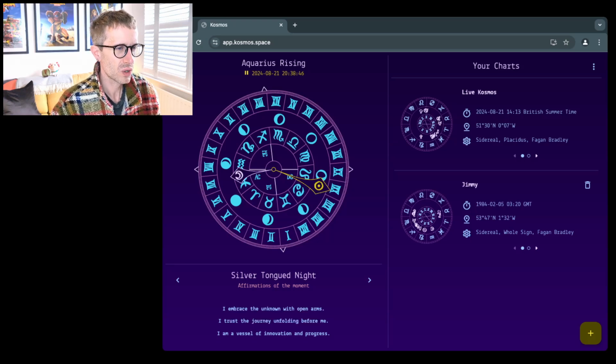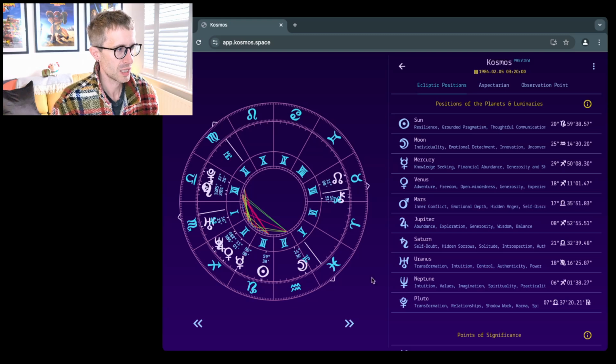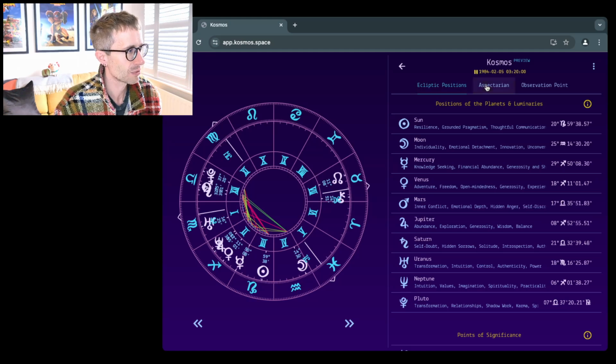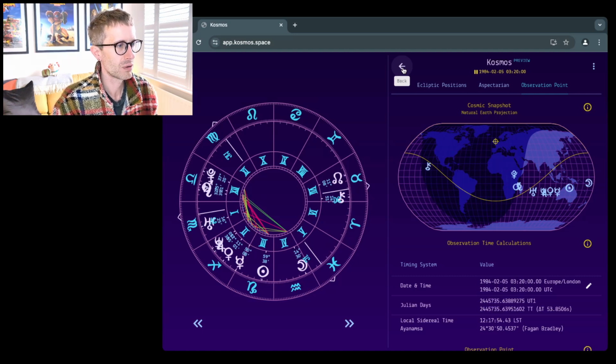And I think once I've done that, when you create a chart here, it's not just going to throw you into the Cosmos Explorer, or the Cosmic Explorer as I refer to it internally. It will probably take you somewhere where you'll have a bit more of an overview of your chart. And this will just be one option from that, like, explore the Cosmos at the time of this birth, and that will jump you to this page where you can explore all this. But I think it will hold your hand a little bit more